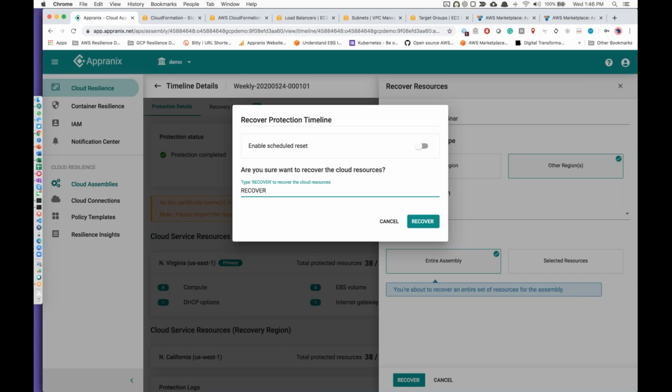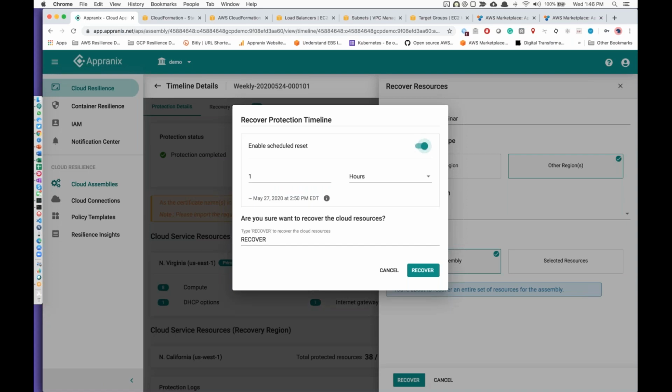But even there, you could pretty much reduce the cost, because you could tell Appranix to use spot instances, or preemptible instances when you're running on GCP. And moreover, you can also let the system know that, I ran the test, after 1 hour, clean up everything. It's fantastic, because even after the webinar, I used to forget, and the infrastructure used to continuously run.